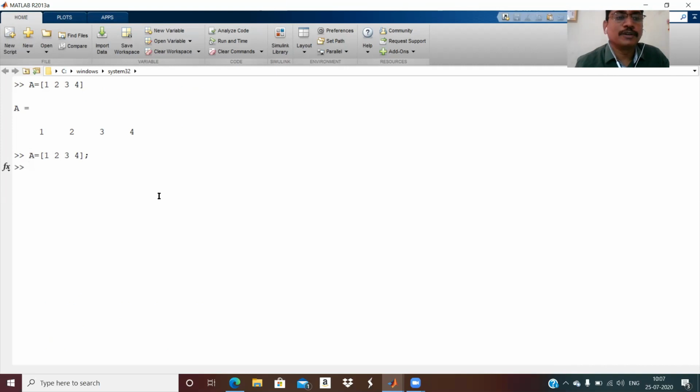It will store in the computer memory but will not display. Suppose you want this as a column vector, what do you need to do? Use a semicolon. Semicolon separates the rows. So the first row will consist of only one element, second row, and this is the third row, and automatically the last is the last row. So we can see this as a column vector. So this is the method.